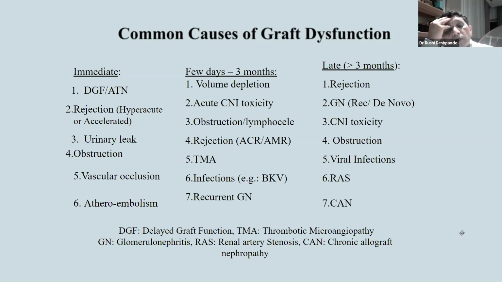The other good judge for volume is daily weight of the patient. If you know the dry weight of the patient on dialysis, then that will be the best surrogate to tell you whether the patient has volume depletion or not. Volume depletion is important because it will delay the renal recovery and cause an increase in the BUN and creatinine early post-transplant. The second complication is acute calcineurin toxicity. Now I explained to you that it's a vasoconstrictor. So in higher doses, it can cause nephrotoxicity.